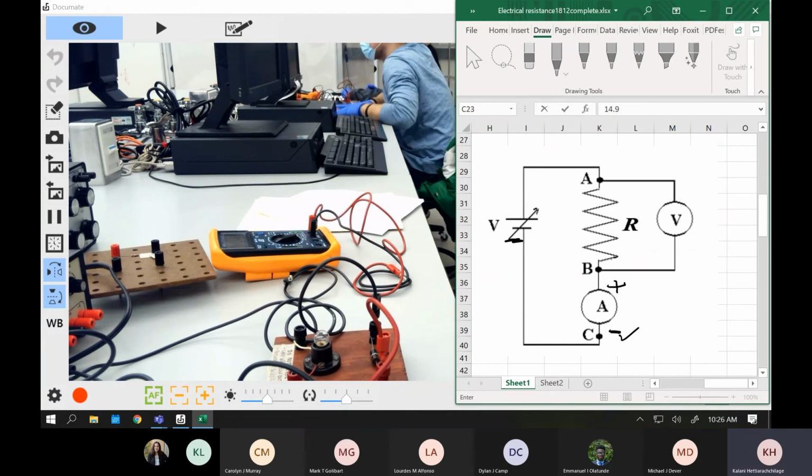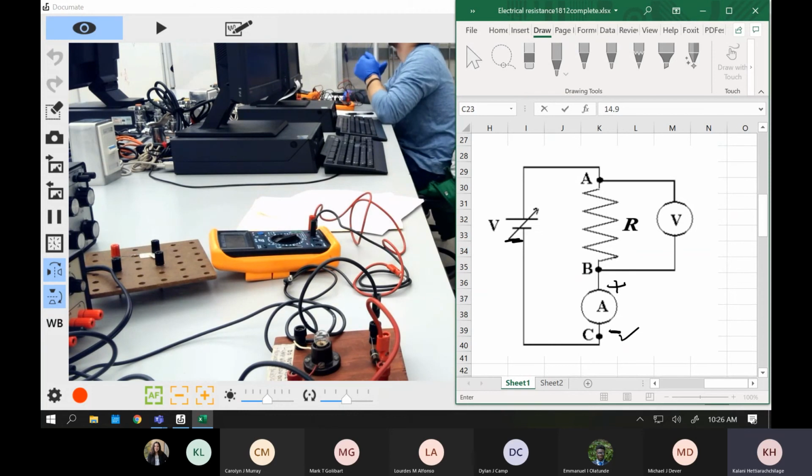Where is the ammeter? So we're going to connect the ammeter to the power supply, and then you connect the other end of your resistor to the power supply. So this is a series. You start from here, go there, and go there. So this is your voltmeter. This is going to carry it.